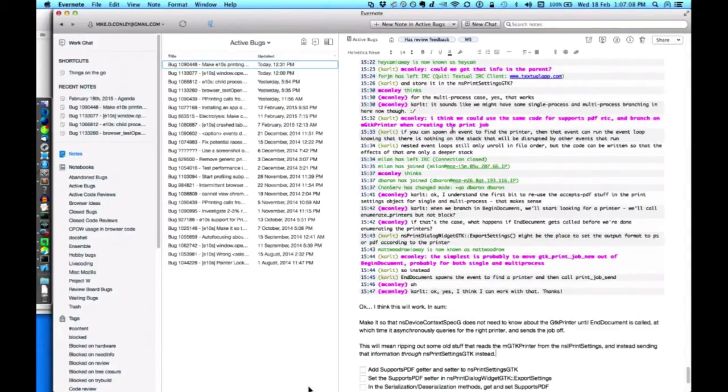And what Carl wants me to do is make it so that we only query for the printer at the very last moment. So just before we actually hand off the file to the printer, we ask GTK, okay, now find the printer. Because we're already doing this asynchronous stuff, might as well do some more: query for the printer, find the printer, and hopefully account for the case where we don't by doing something smart.